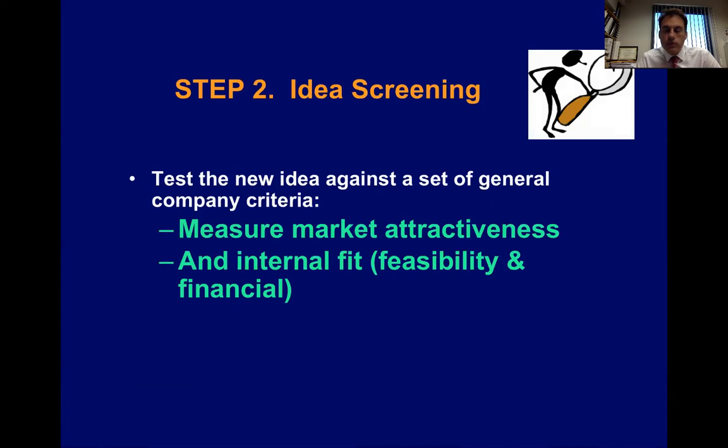So once you've developed these ideas, and here it's very important to develop as many ideas as possible, because they are just options. You need to look at which one will be the best one. So you will go through filtering these ideas to identify the best one. The best ones are usually the ones that have more chances to be successful in the market, and the ones that the company is most likely to be able to carry out. So the ones where the company has strengths, and the company has the resources in order to implement.